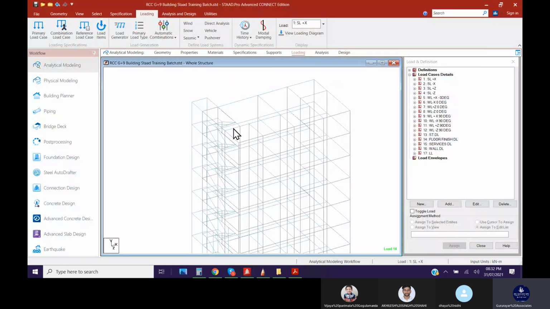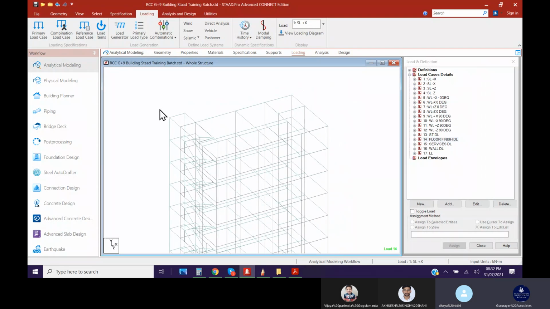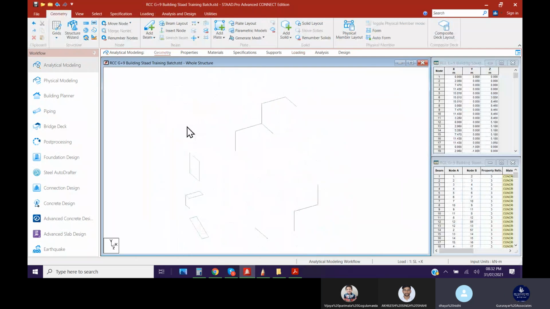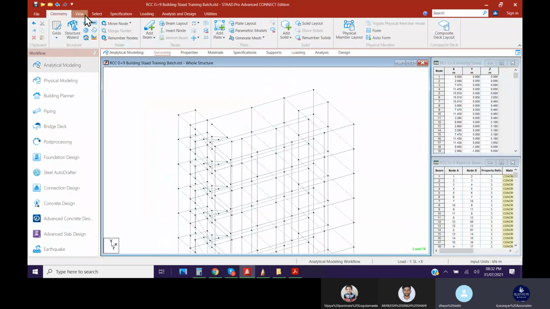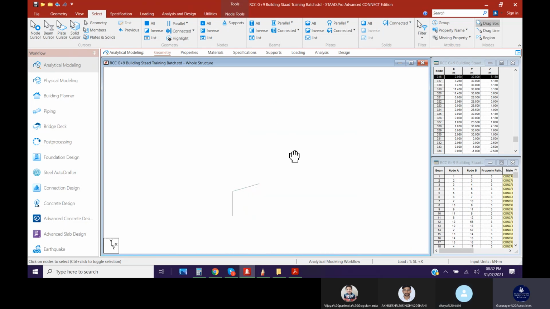So now we will model the headroom and other things, the water tank and the equipment room, everything. For the headroom and water tank, you have to select node cursor. From there you select the first 4 points. Take these 4 points you selected, and then we will extend 2.5 meter and 2.5 meter for